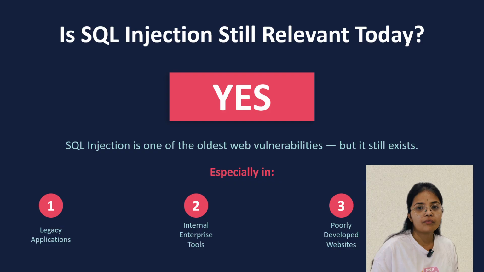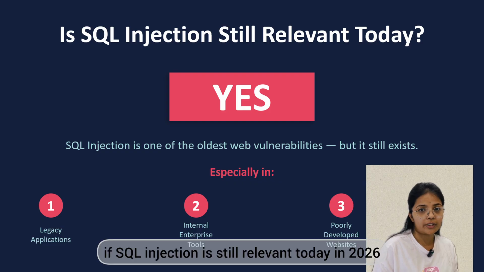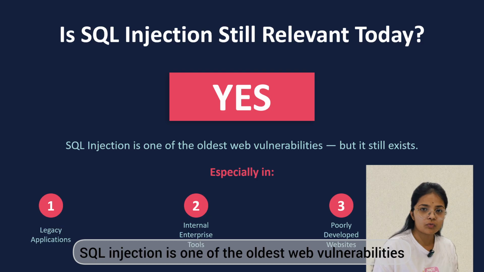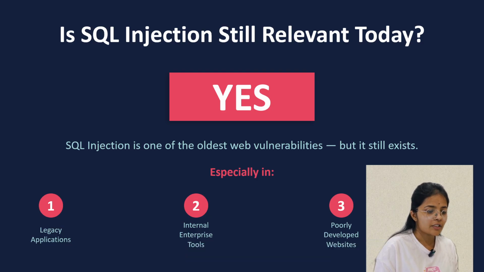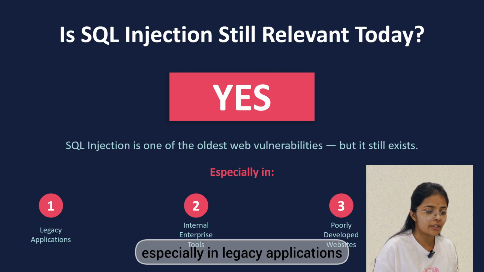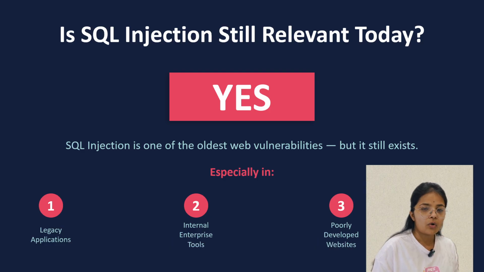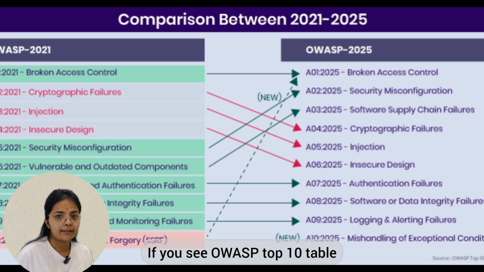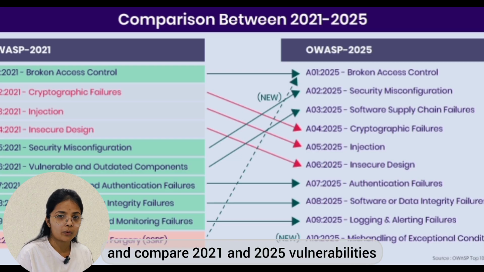If you are wondering whether SQL injection is still relevant today in 2026, the answer is yes. SQL injection is one of the oldest web vulnerabilities, but it still exists, especially in legacy applications, internal enterprise tools, or poorly developed websites. If you see the OWASP Top 10 table and compare the 2021 and 2025 vulnerabilities, you will see